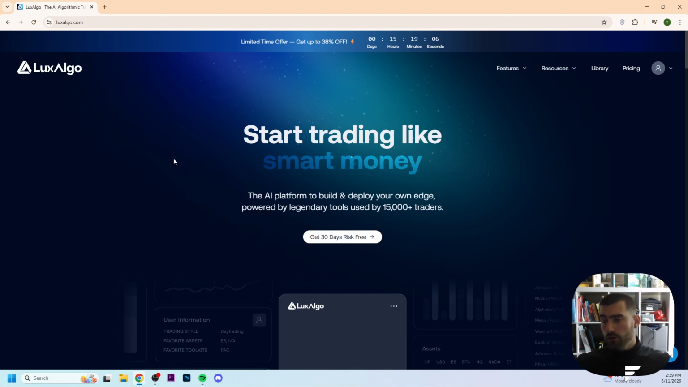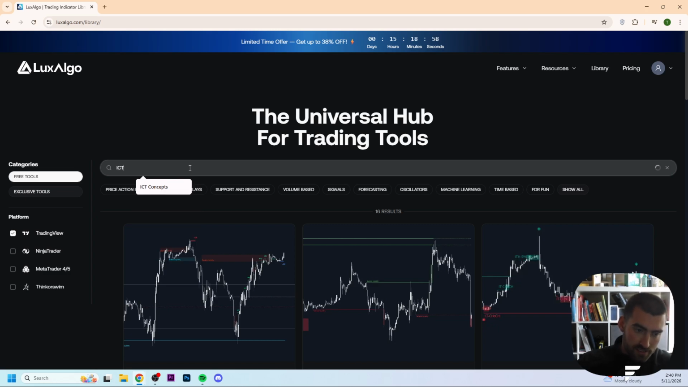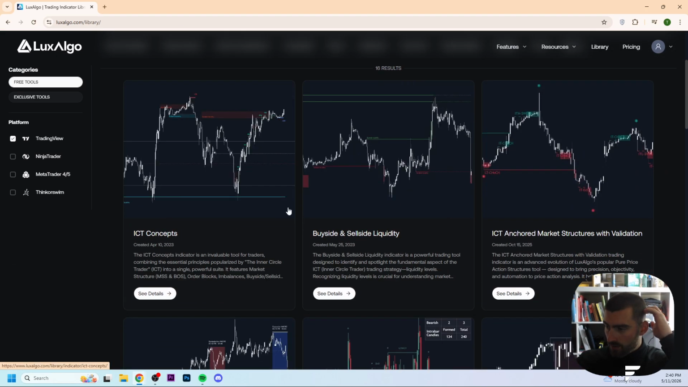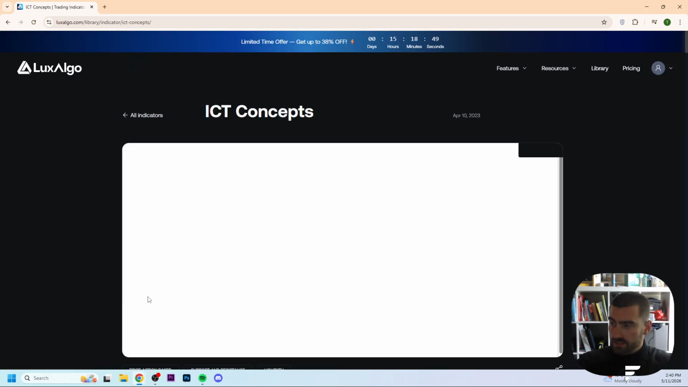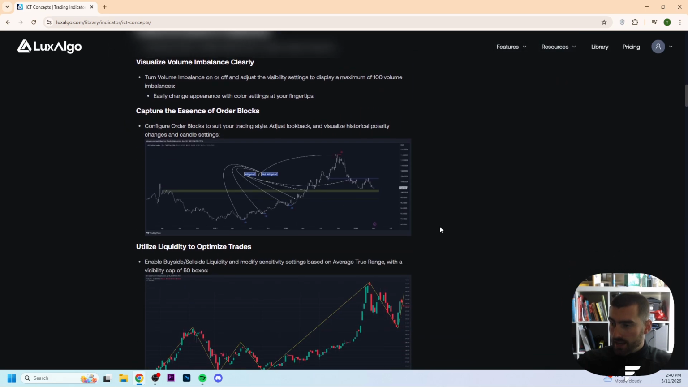LuxAlgo. So the first thing that we need to do is log in with your account to LuxAlgo, and then we click here on library. Then we go to search indicators and we search right here for ICT concepts. Then click on enter, and then right here you will get the ICT concept. So we click here on see details, and then they have right here on their webpage a nice explanation about